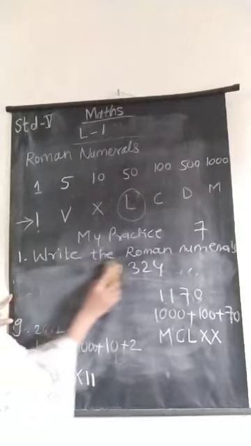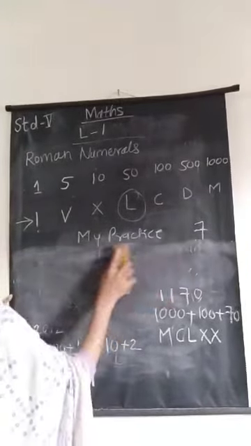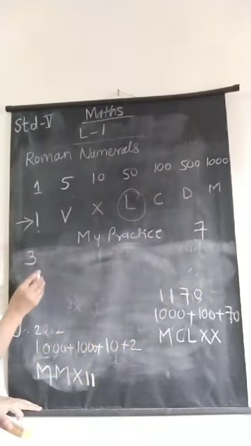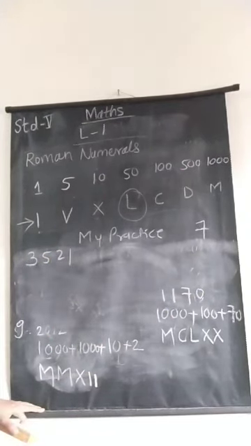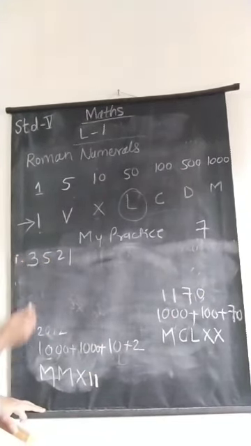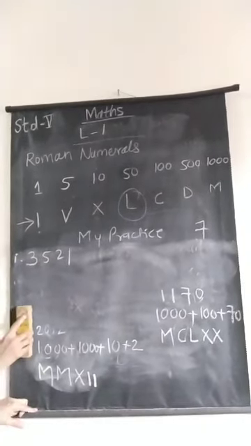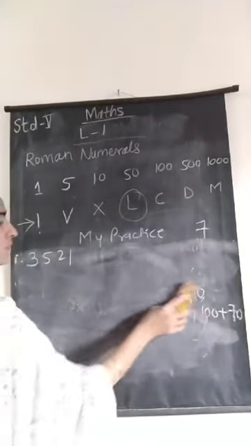That is the last one from the first question. 3521. This is the last from the first question. You have to write in Roman numerals. Okay. Now let's take the second example. Question number second is for